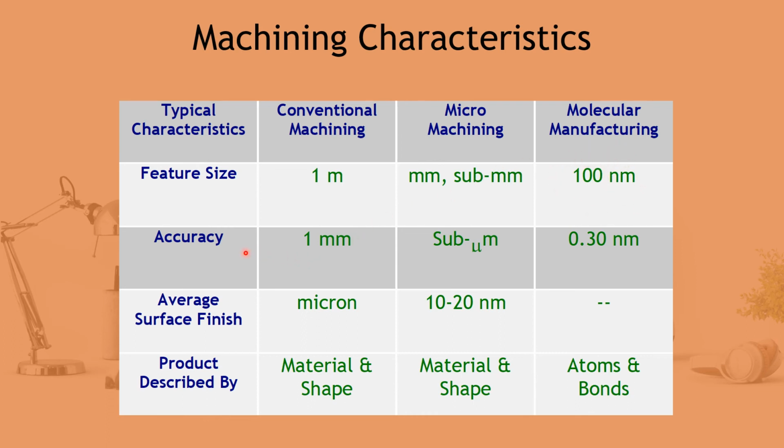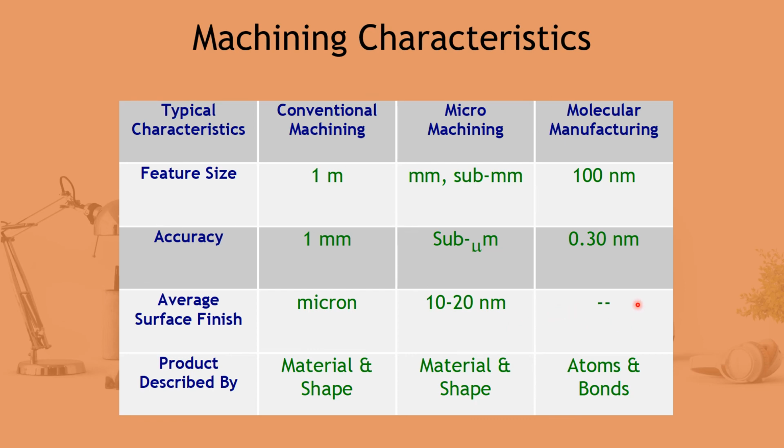In terms of accuracy, conventional machining can go up to 1 mm. It cannot go further. But micro machining can go to the sub micrometer, and molecular manufacturing goes down to 0.3 nanometer. As for conventional machining, usually the surface roughness is measured in microns. If you do the machining, we measure with Ra, and the value is usually in micrometer. For micro machining, the surface roughness can be measured down to 10 to 20 nanometer, but